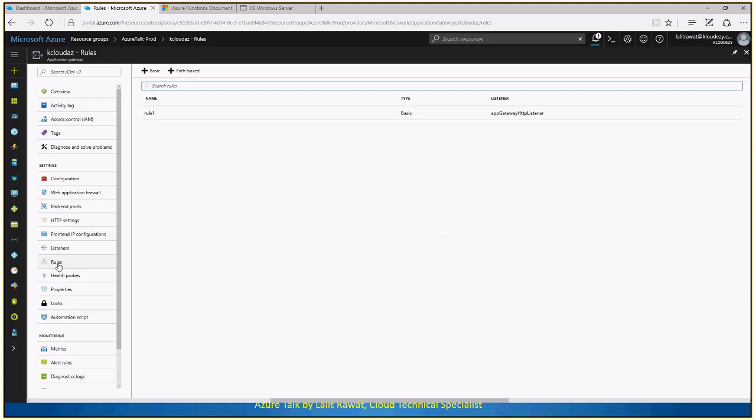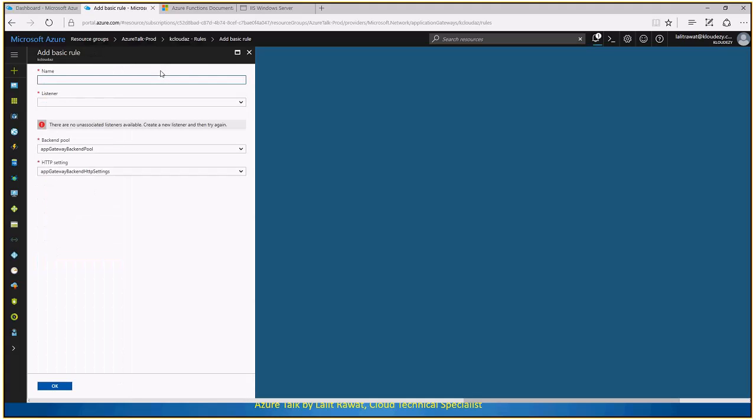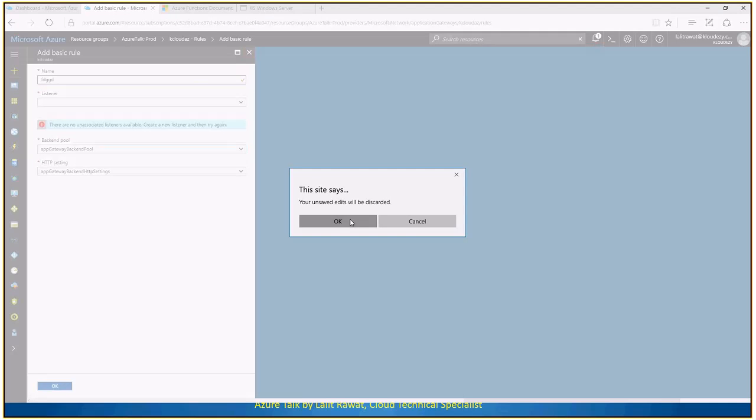And you can go ahead and configure the rules, which are the basic and the path-based rule. The basic rule is always for the listener port or the listener services. You just need to configure it over here. As we don't have anything to be created over here, we just have these settings. But